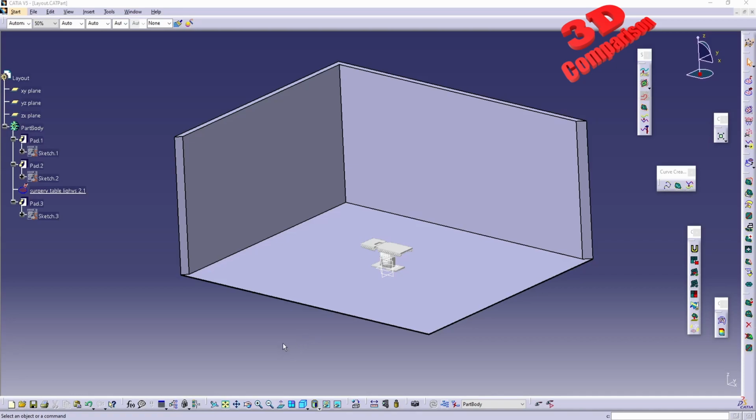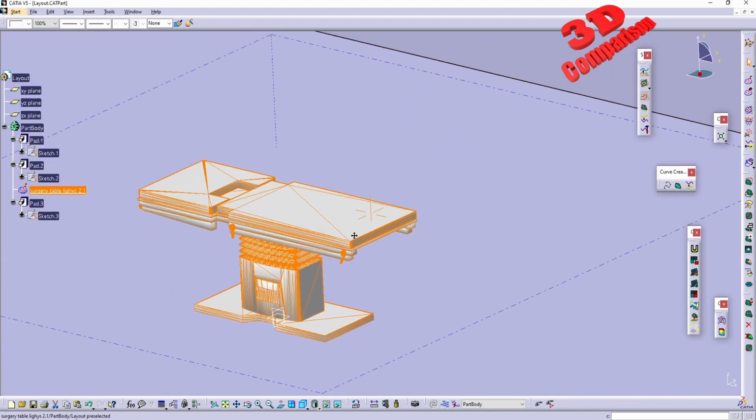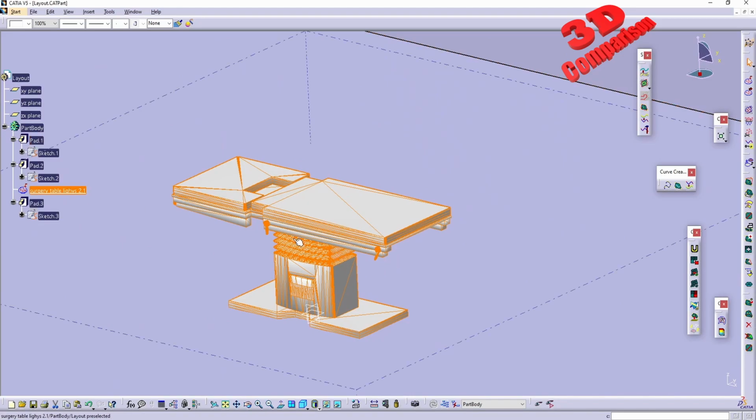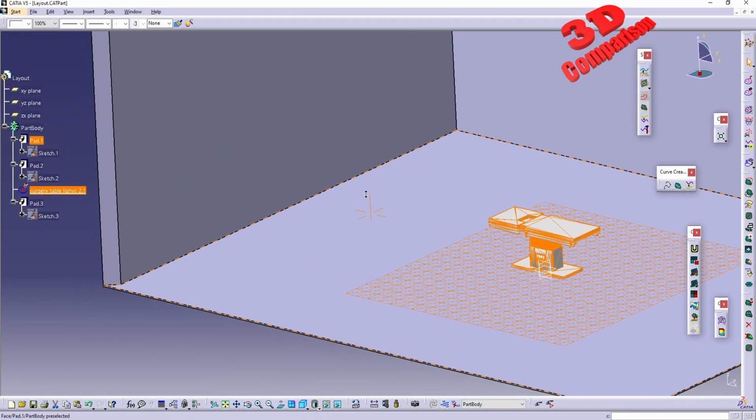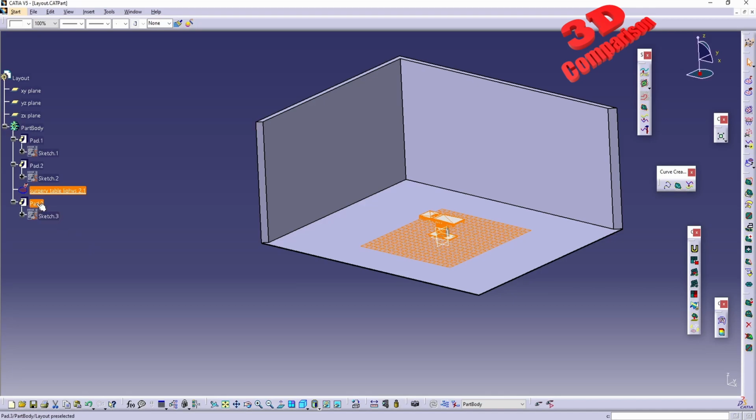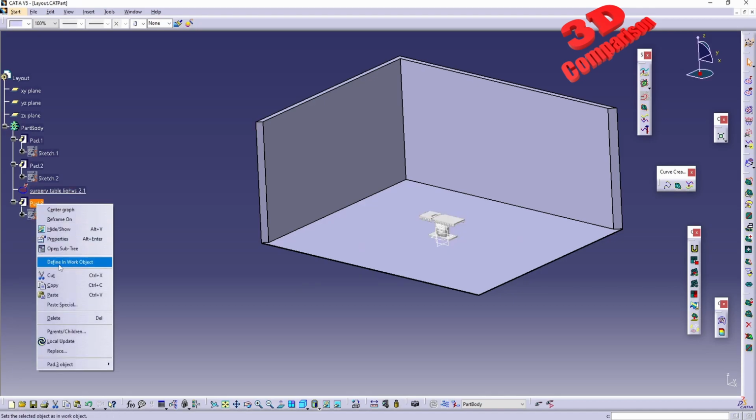CATIA V5. So let's take a look. I have the following layout over here. I have some walls that are padded, and I have an STL file of a surgery table over here added. Now, if you take a look at the surgery table, this was added over here between pad 2 and pad 3. And if you want to activate pad 3, you also need to right click and define the work object